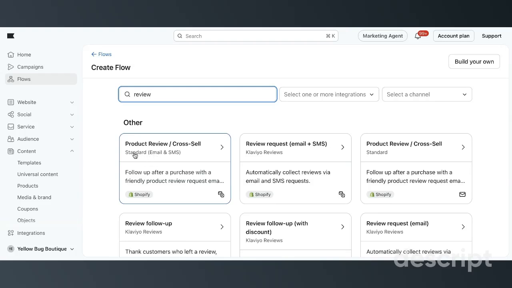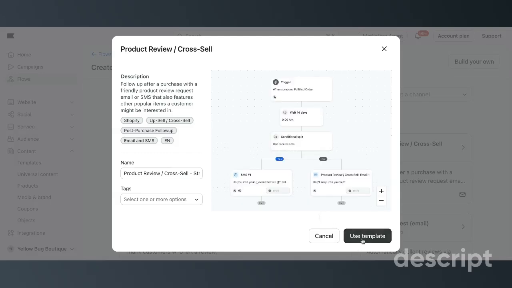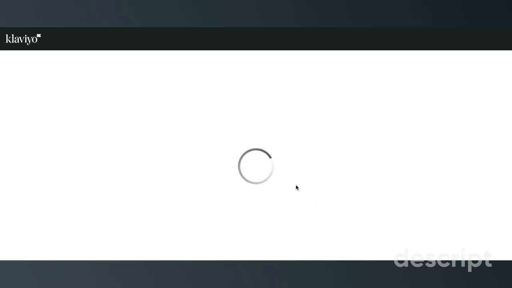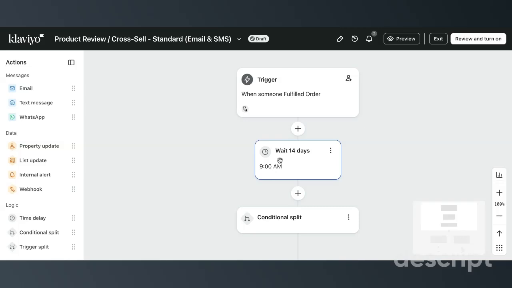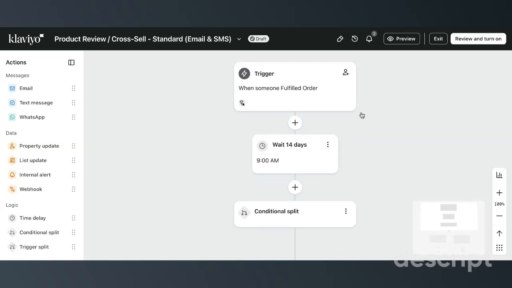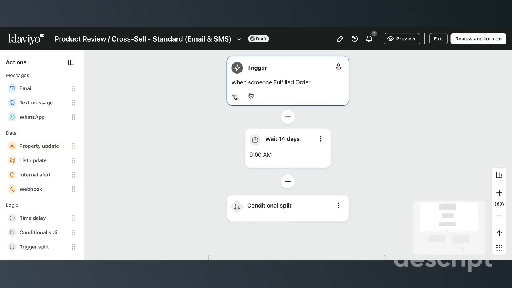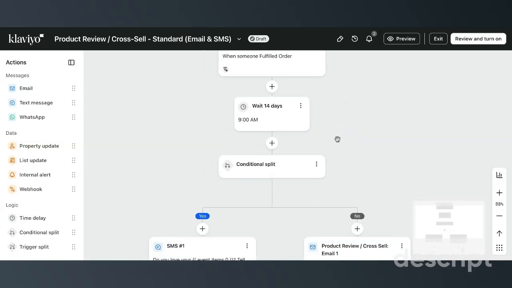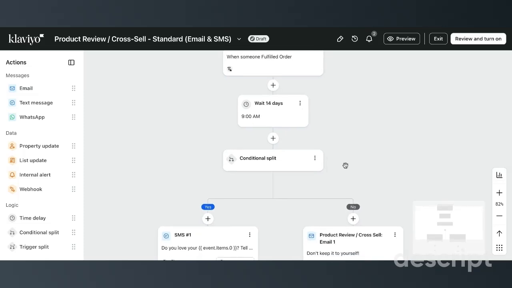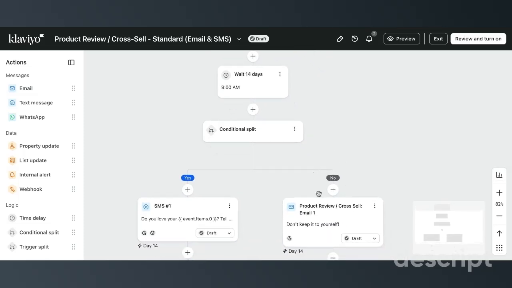And we want to make sure that we're picking the standard review request here, not the Klaviyo reviews. So you can either pick this one or the standard over here. This one just has email and SMS. So we'll use template. If you don't already have your post-purchase flow set up, you can just create it in here. I'll just show you how to save the dynamic block as universal content, and then you can use it wherever